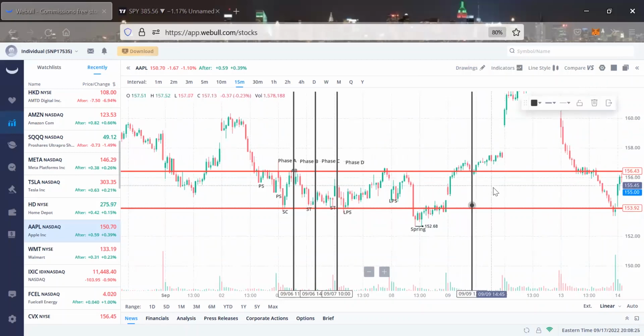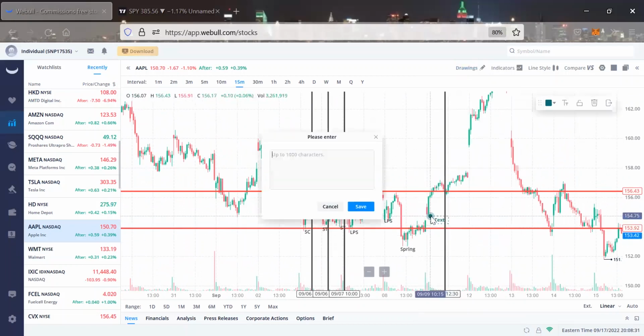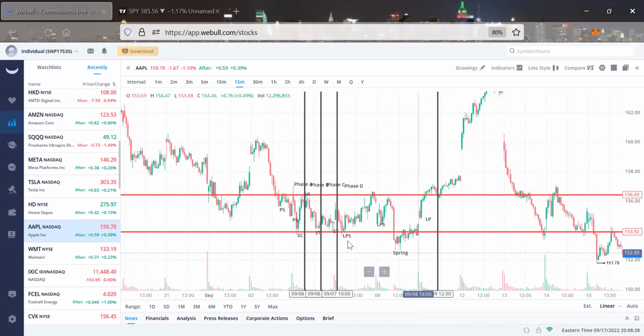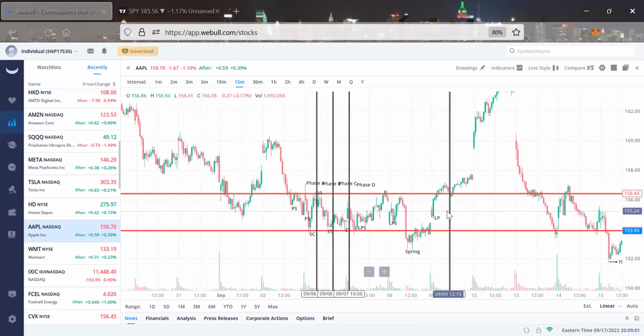We can even see sign of strength. We also have LP, last point of support. I know, I thought you said it was last point of support right here, but LP is basically meaning where these are, where the higher highs are being created, right? That staircase is being created, right? Boom, retest, right? These are where that higher highs are being created, right? That's why this is that last point of support, right? And then we have here,